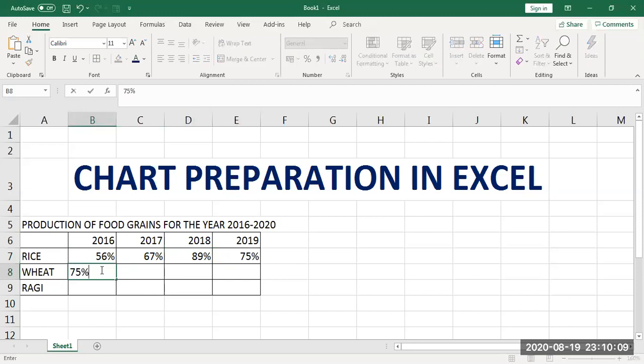Then 69 percentage, 82 percentage, 65 percentage, and here I'm giving 90 percentage, 79 percentage, 75 percentage, and 71 percentage. Like this, take one structure.